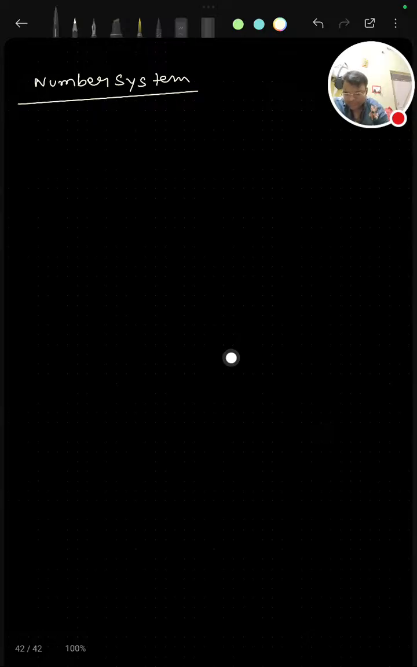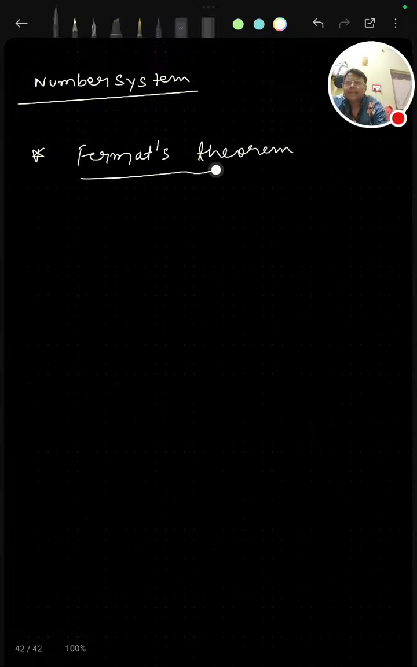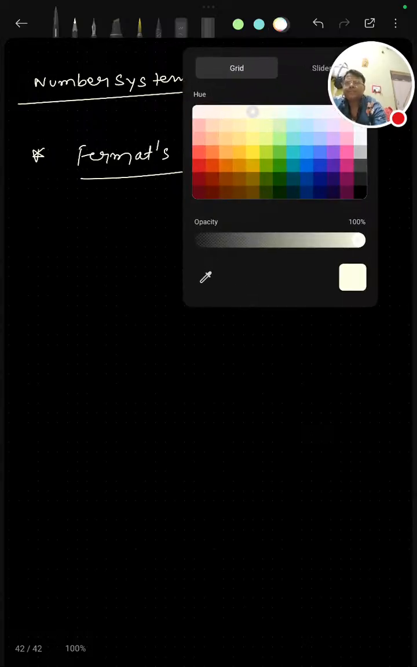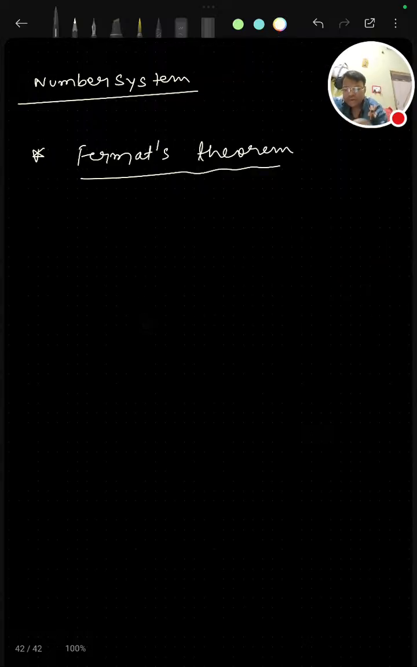Okay, चलिए. Next concept is Fermat's theorem. नेक्स्ट कंसेप्ट इज फॉर्मेट्स थ्योरम. चलिए, फॉर्मेट्स थ्योरम के अकॉर्डिंग, जैसे सपोज